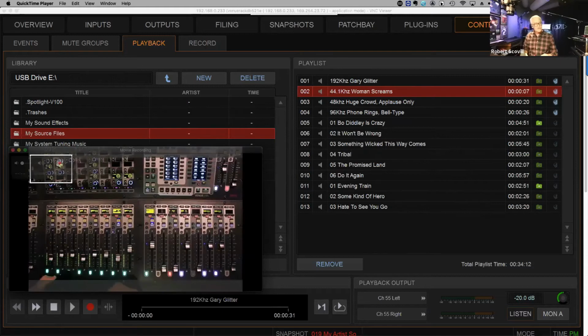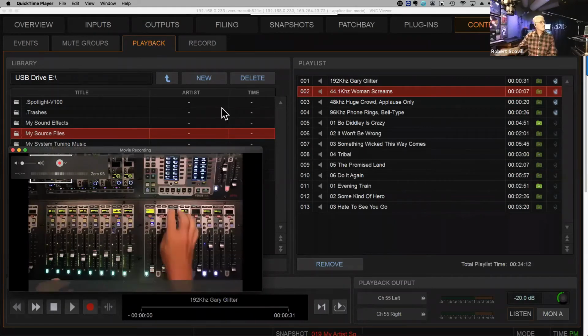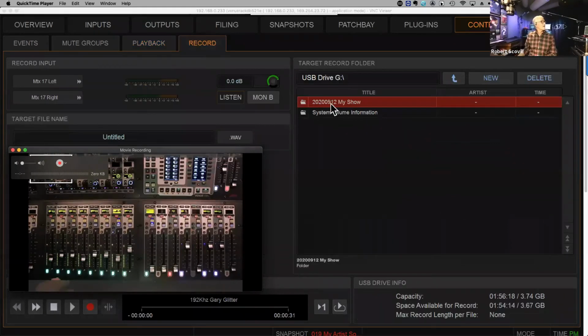All right. So let's take a concert sound workflow here. Okay. So I'm going to start with my main left-right fader down, right? As if I was getting ready for the show. Maybe I'm going to do line check, whatever I'm going to do. I can do all of that. But I'm going to have some playback music started, right? So if we go to my playlist that I've chosen here, you'll see,